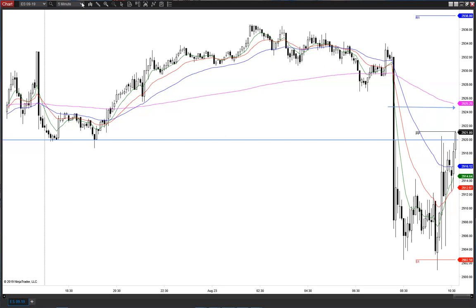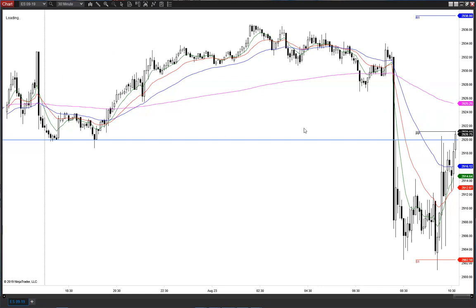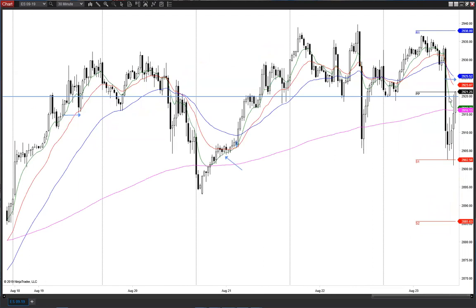So if we go back and we look at something like a 30-minute chart, that's the problem. We're too far under the rain line, and the green line is here, and the red line is here, and the blue line. So this perspective is, in my opinion, this is what has hurt the shorts for a durational trade, one that will keep coming this way. That's why I keep saying I think it's two-way, and probably the market wants to